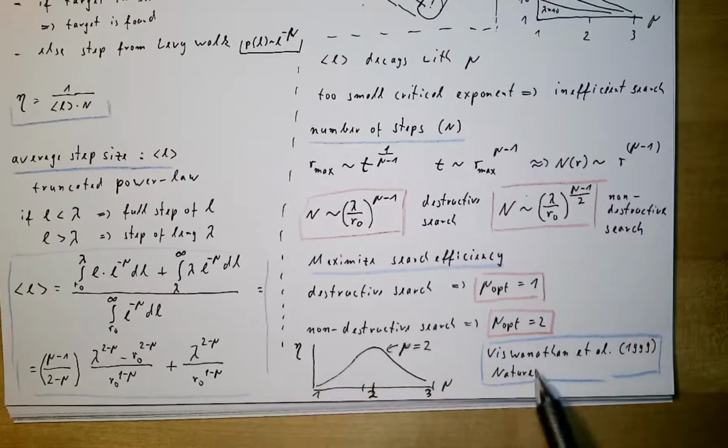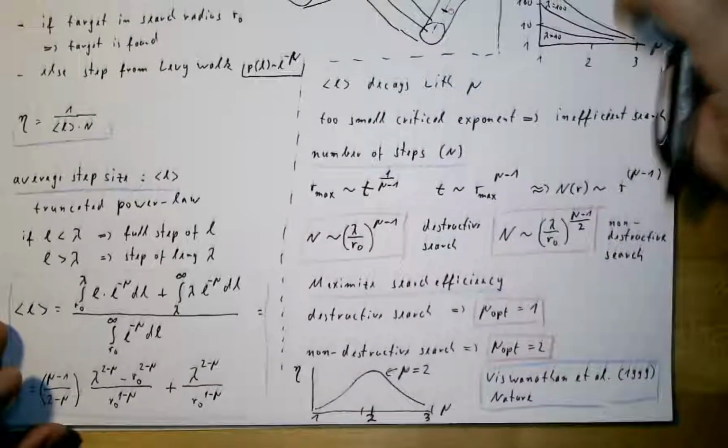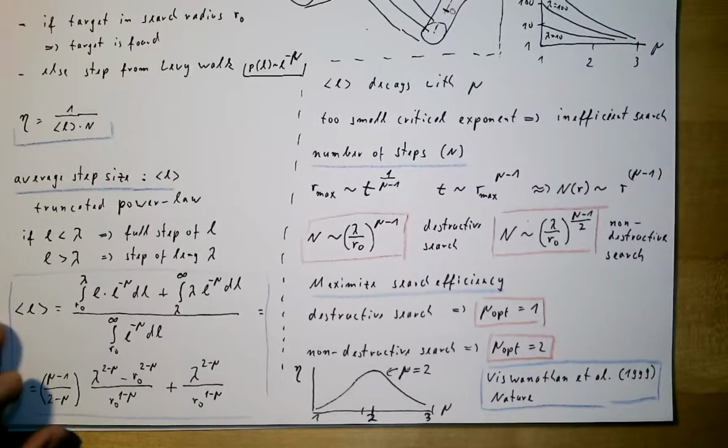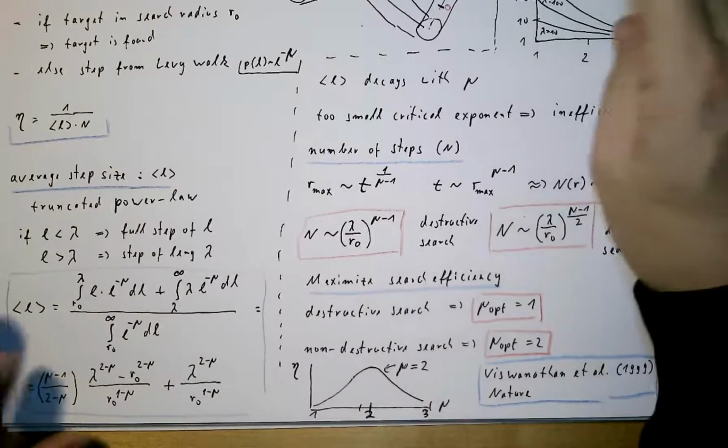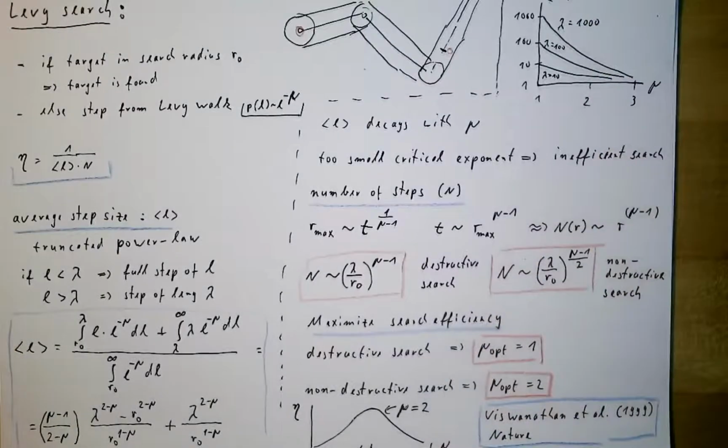So that's not this Viswanathan paper with the albatrosses I showed you before. That was a follow-up of the story, where the authors then showed that really Levy flights can optimize the search of random walks. So now with this outlook in optimal search strategies and Levy flights and Levy walks, now I want to leave the discussion of